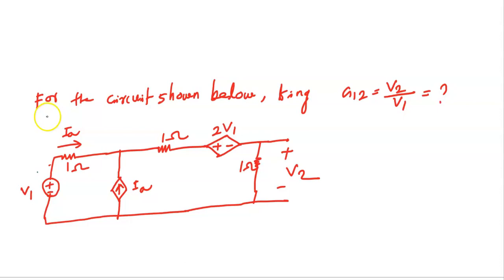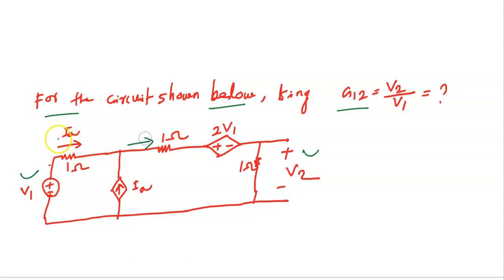For the circuit shown below, find G12. What is G12? Which is V2 upon V1. What is V2? It is the output voltage, V1 is the input voltage. We need to find V2 upon V1. As usual, don't panic on seeing the two dependent sources, as it reduces to a very simple, straightforward